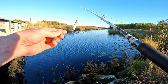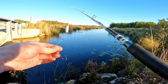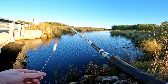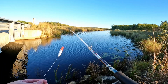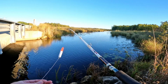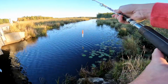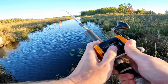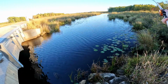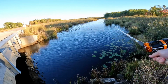We have one last sucker, the biggest one that they gave us at the bait shop. So let's get him out there and hopefully end up with that one. I'm sure that fish was small too. That sucker is pretty small, but last chance. All right, this is the biggest sucker that we've got. Let's get her out there and hopefully end up with something a little bit bigger than what we've caught so far. Let him right out in the middle. That's kind of where we caught the 3-pounder. It was a little bit closer to this side, but